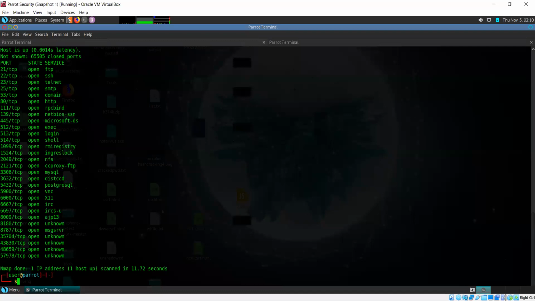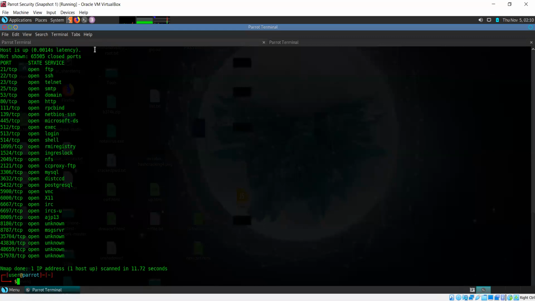Okay, so looks like we have our scan results. Now keep in mind we are getting these scan results very fast because the target device is on the same network as ours. So this does not reflect the speed of a scan if you're doing it over a network where there is some distance between you and your target. These results are fast because we have both the devices, the scanning device or the attacking device, whatever you want to call it, as well as the target on the same network. Otherwise, there is no way your scans will run this fast.